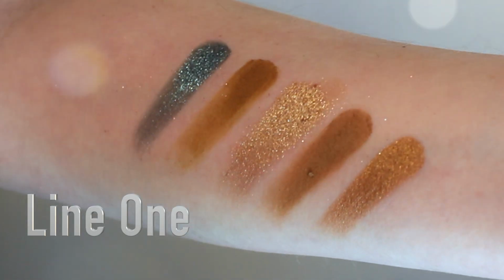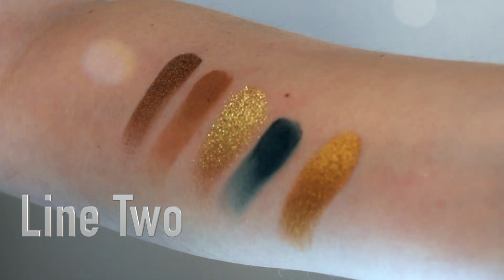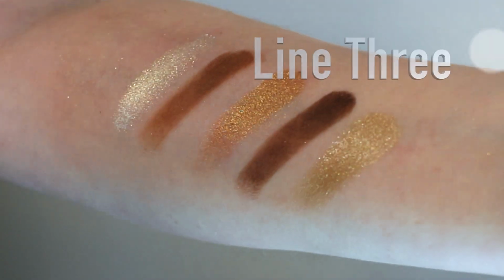It's got some dual chromes here. If you can see the shift, it goes to yellow and then to green. They did it really well in this palette, trying to come as close as possible to the original Natasha Denona gold palette. I didn't get my hands on the gold palette, and that's another video I think I might do,